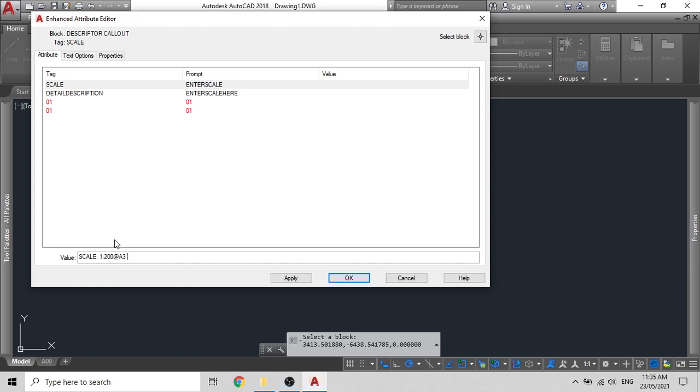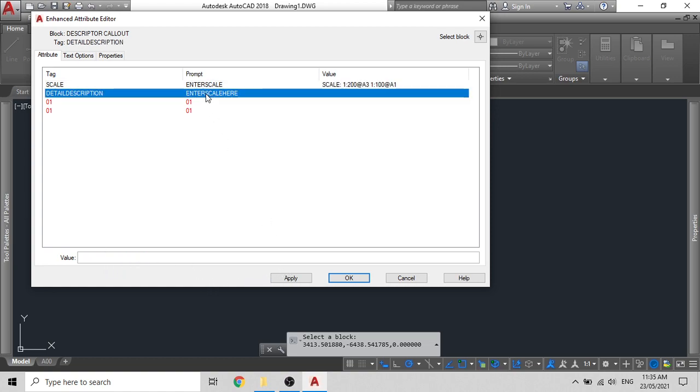And we'll type here 1:100 at A1. So that is how your scale should be set up. And click on apply, then change the description.